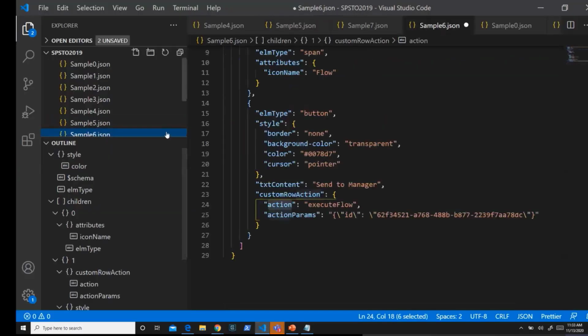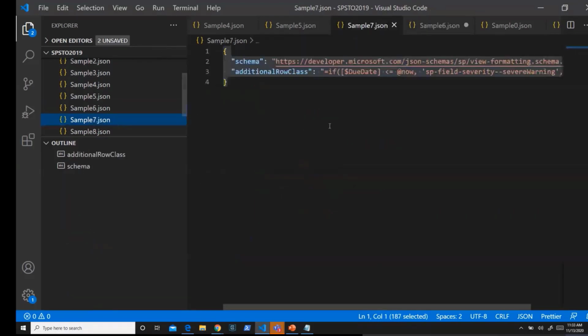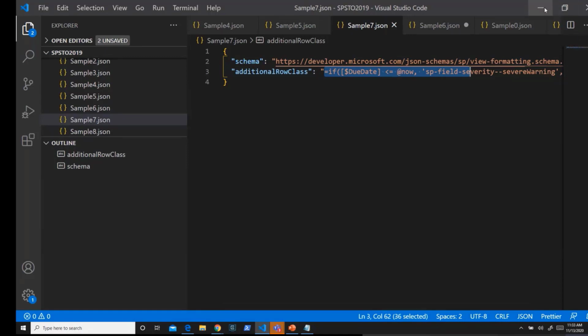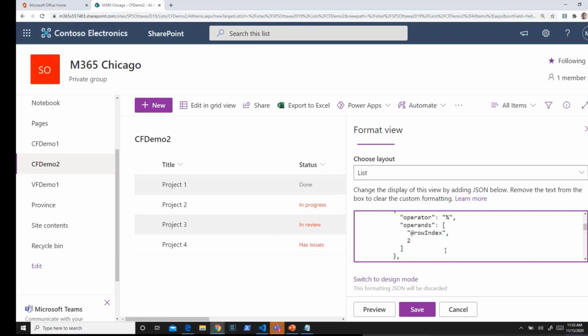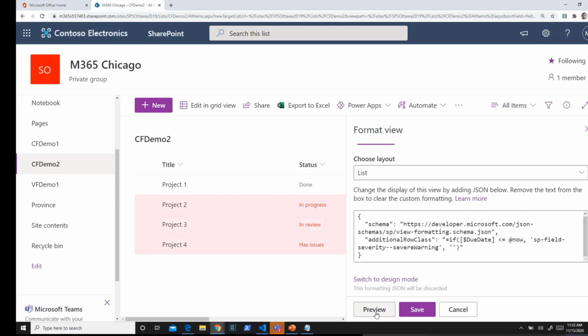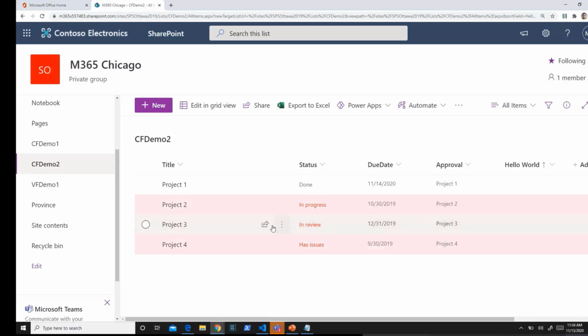condition. So as I was mentioning, this is a different example here. So this is for the view example, additional row class, and we are just using an if condition just like Excel, and then we are changing the row color based on the due date. So if I would just simply take this as is, go back to my code here, and what I've done here is just added a view formatting, and when using view formatting, I'm using